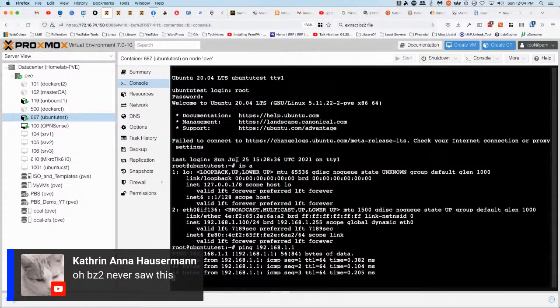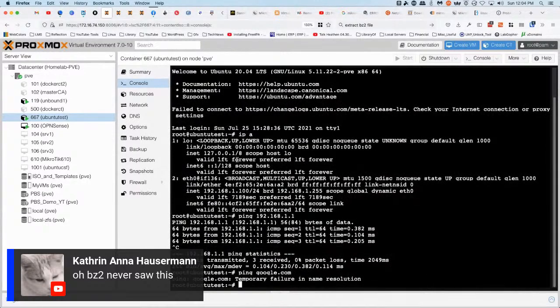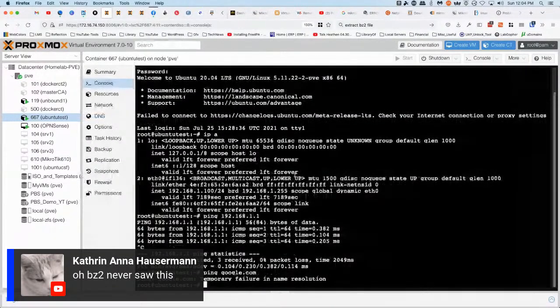And it can ping 1.1. Okay, so we don't have the DNS set up, which is preventing us from getting out to Google. Okay, so what we need